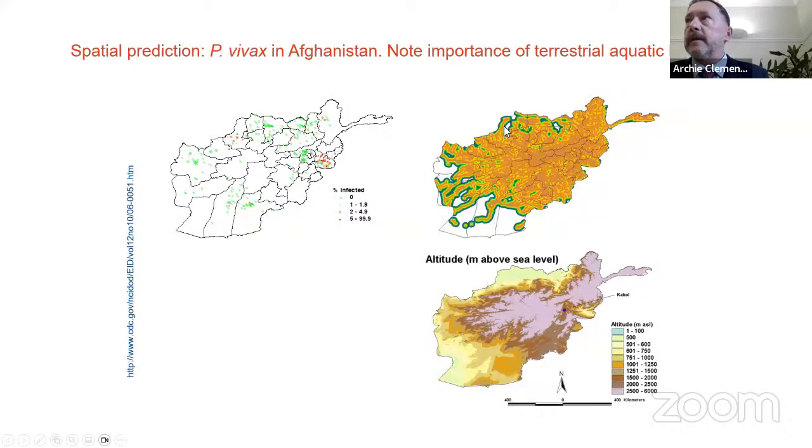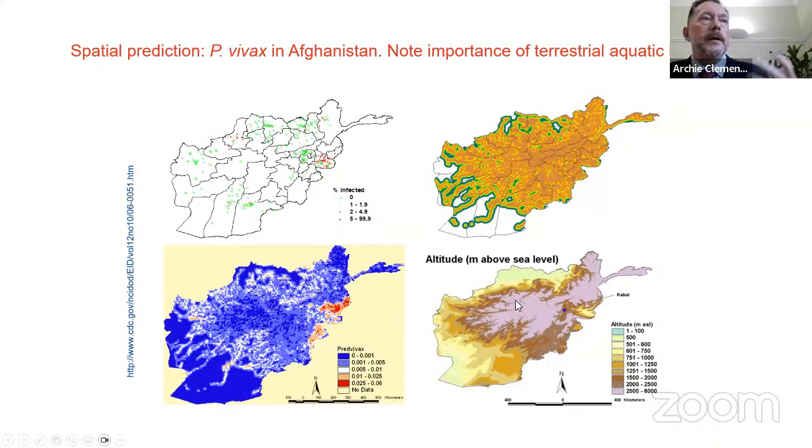So this one at the top is the one that you'll be most interested in as people who care about waterborne disease. This is distance to a perennial water body, which in Afghanistan is mostly rivers and streams. And then the second covariate is altitude, meters above sea level. And so we built a multivariate spatial prediction model that looked at the relationship between disease prevalence and each of these covariates simultaneously, and then used the relationships from that model to predict the distribution of risk of Plasmodium vivax infection in Afghanistan.